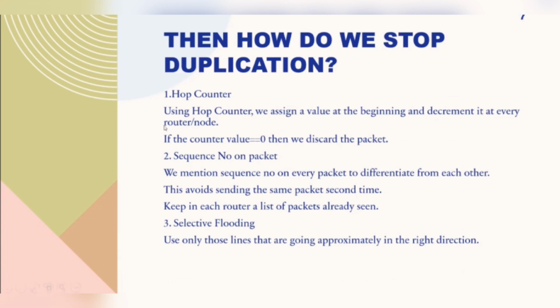We have 3 methods, which are the hop counter, sequence number on packet, and selective flooding. First, talking about the hop counter, we use a hop counter. We assign a value to